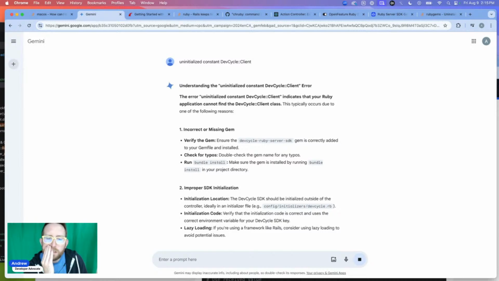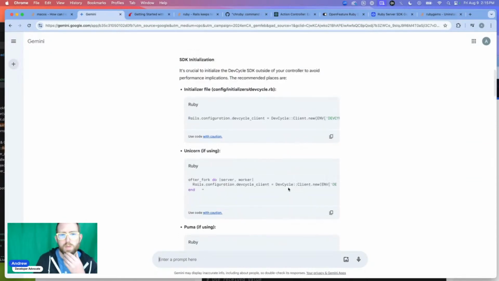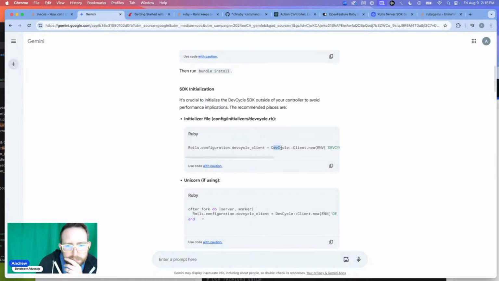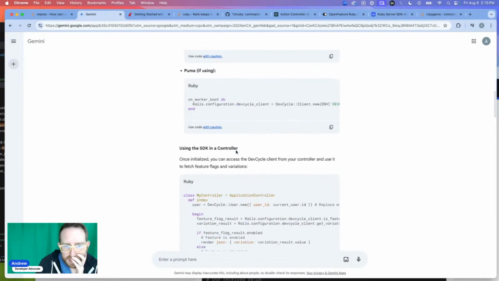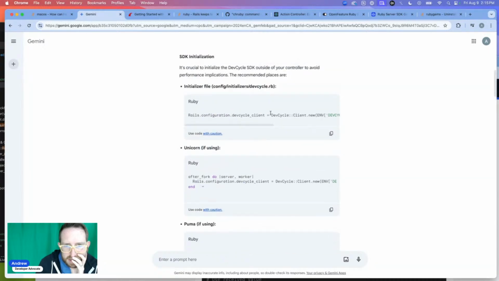Run bundle install, which we already did. This should be initialized outside of the controller. Ideally, verifies your initialization code. So how did they initialize things? So they did it here. Rails configuration, config initializers, Unicorn, Puma. Once initialized. What's interesting here is it says we want to do it outside,